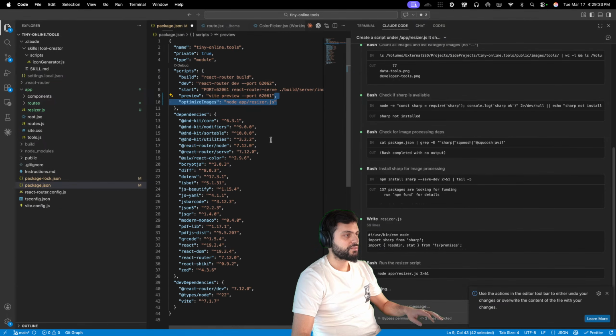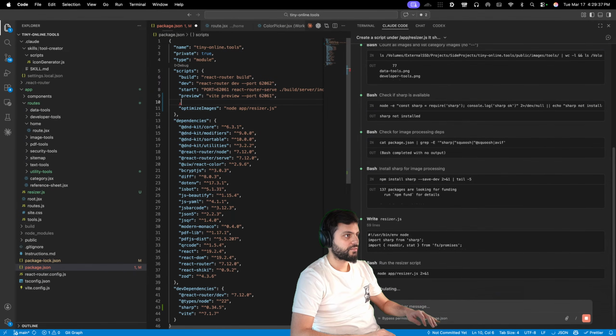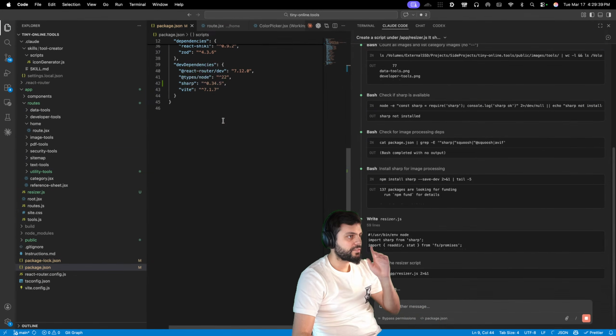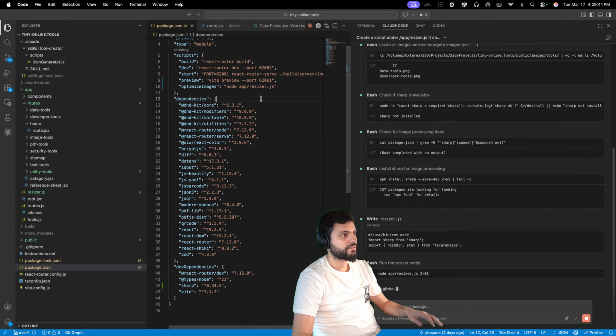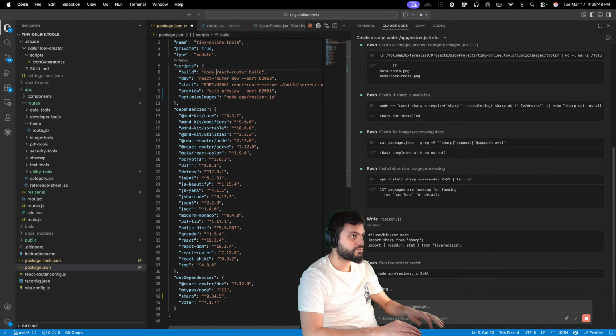Yeah, so it's installed sharp. So let's cancel this. Let's reopen it. And let's save again. Should we do something like node, optimize the images, and then